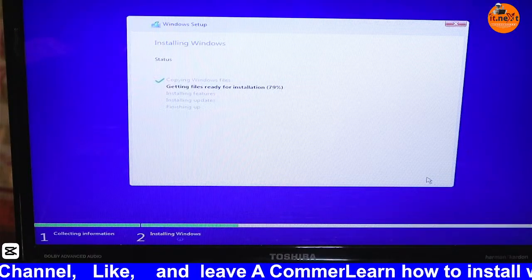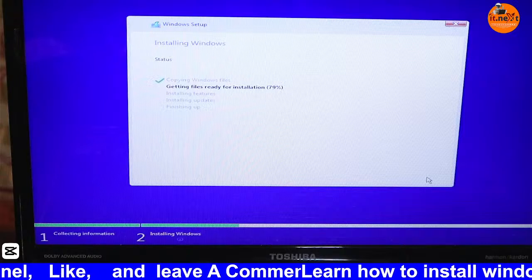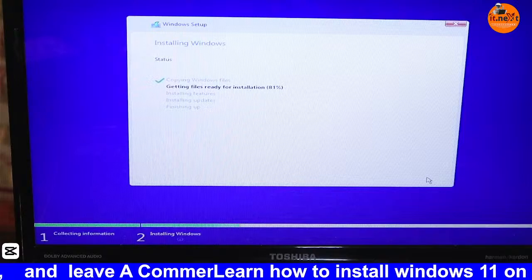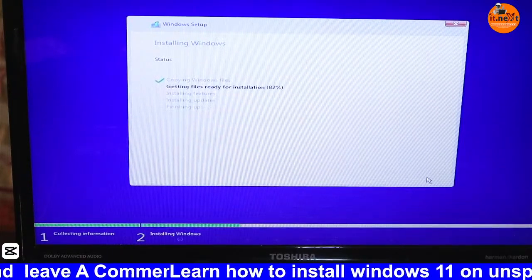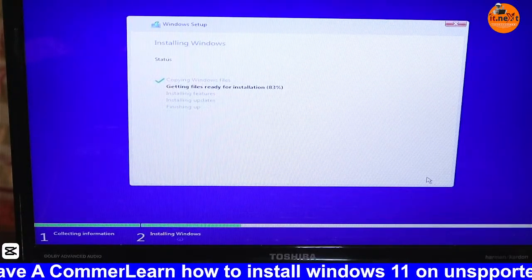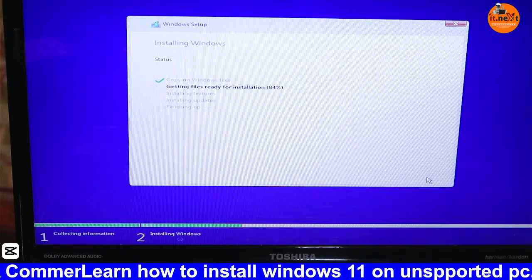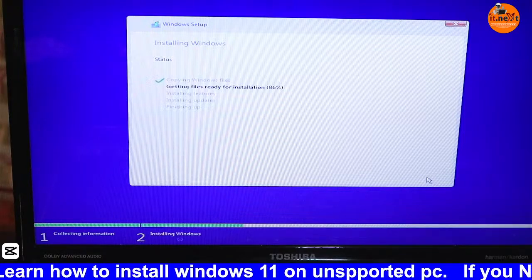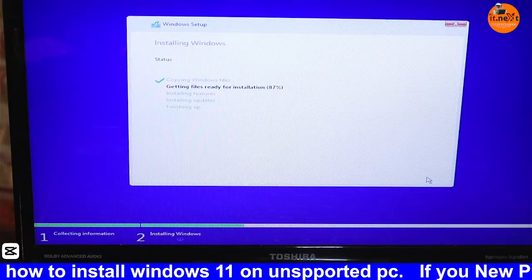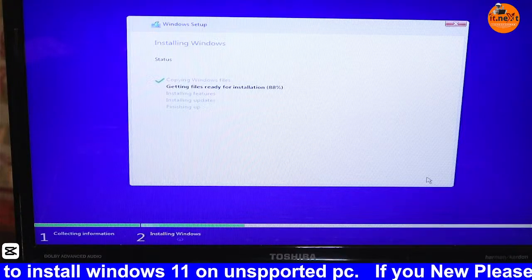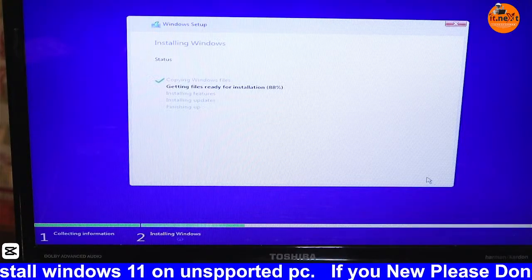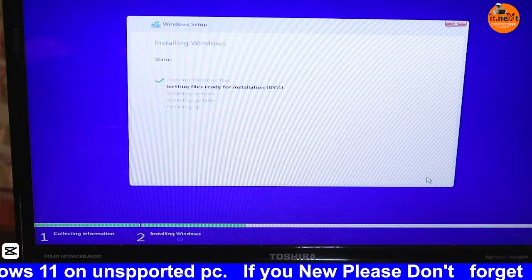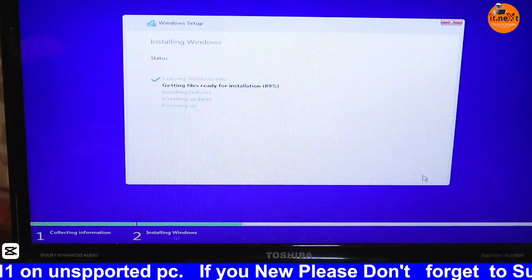In this video, and in other videos, I'll be trying to show you how you can install that Windows on our machine. A lot of people say, who knows that? I want to learn, I've never used that operating system. But Windows XP was a better operating system, although it doesn't support everything. In other videos, I'll try to show you how you can do it, and how you can install Windows 8, Windows 7, and so on. By installing Windows XP, Windows 7, Windows 8, 8.1, and Windows 10,